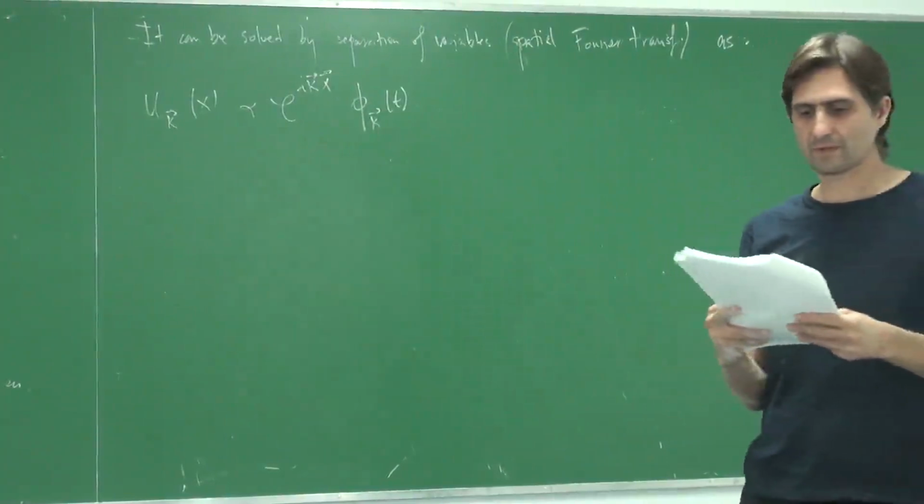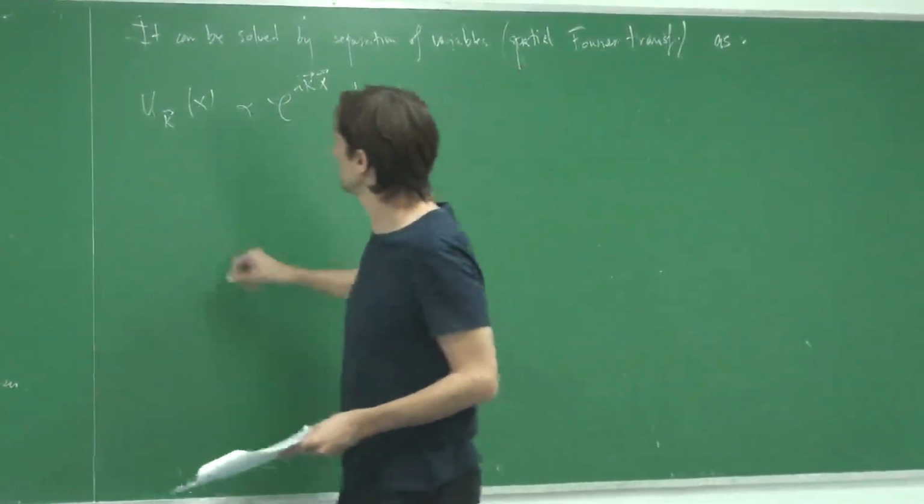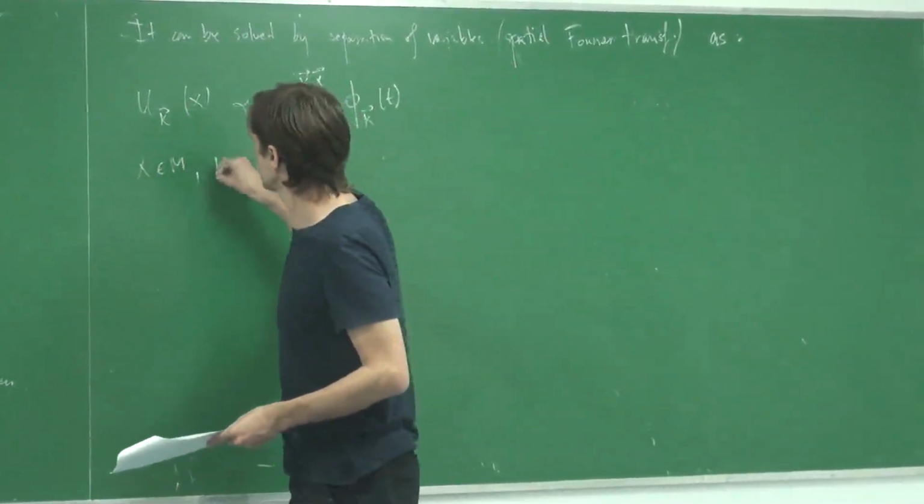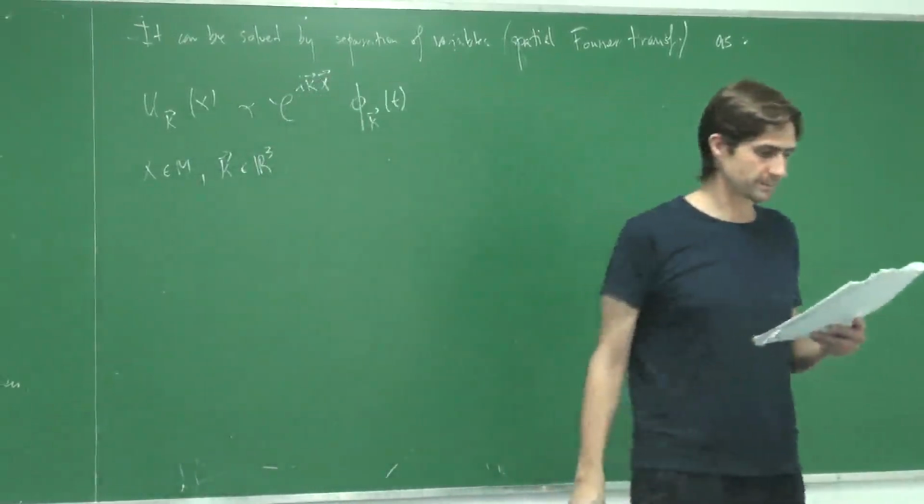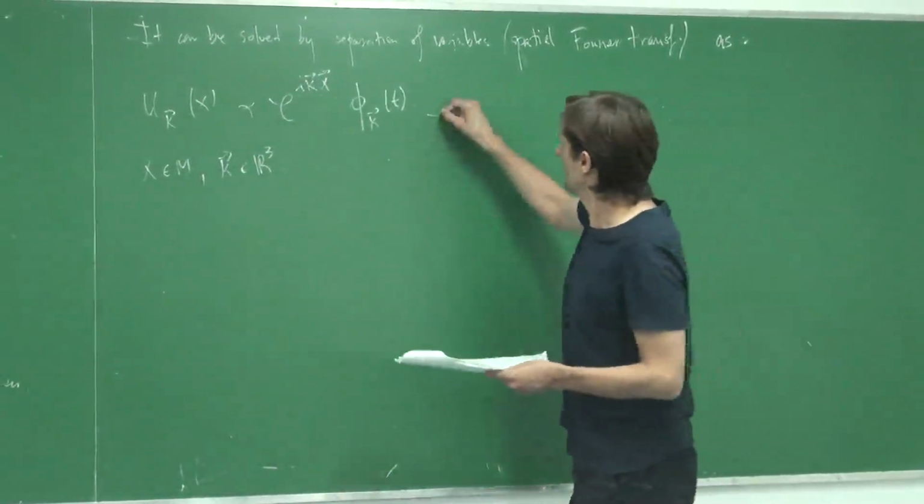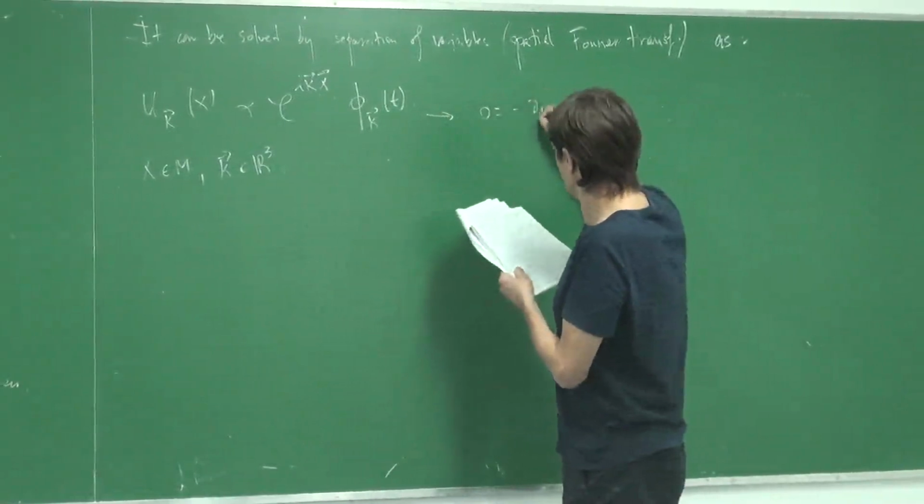and just assume that we don't know what it is. x is a point of the manifold, k lives in R3. And so that just gives you